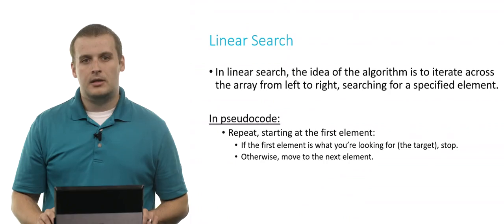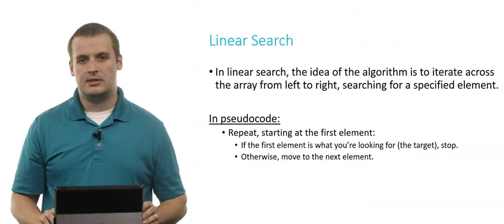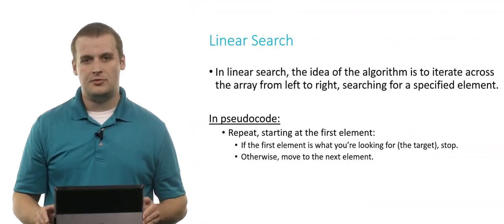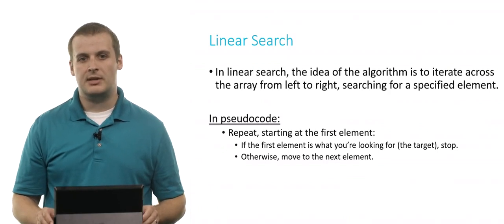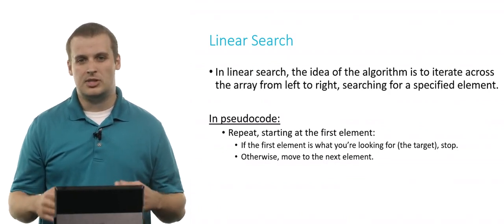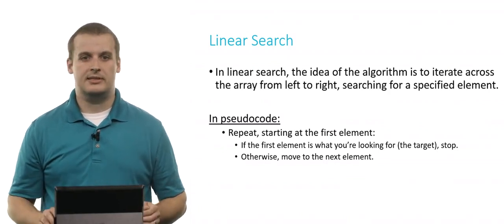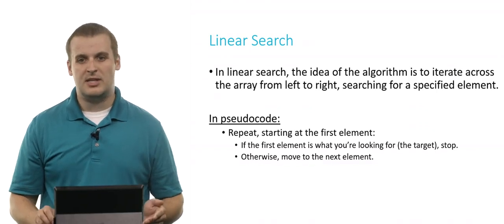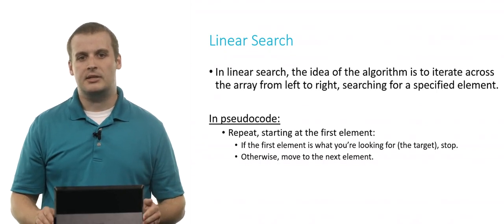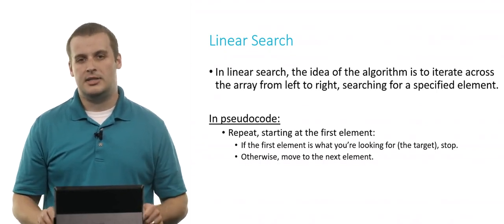Linear search is an algorithm we can use to find an element in an array. An algorithm, recall, is a step-by-step set of instructions for completing a task. The linear search algorithm works as follows. Iterate across the array from left to right, looking for a specified element. In pseudocode, it's just a more distilled version of this sentence: if the first element is what you're looking for, you can stop. Otherwise, move to the next element and keep going over and over